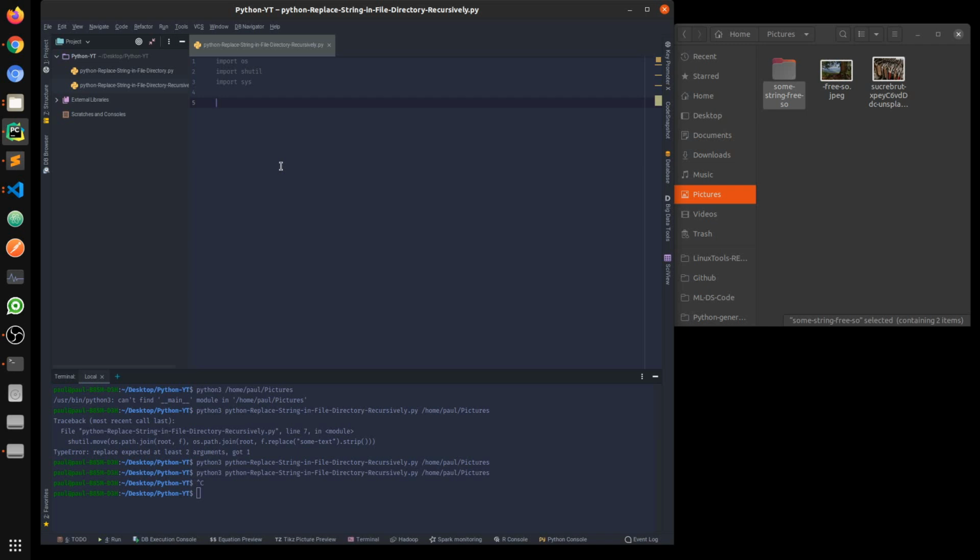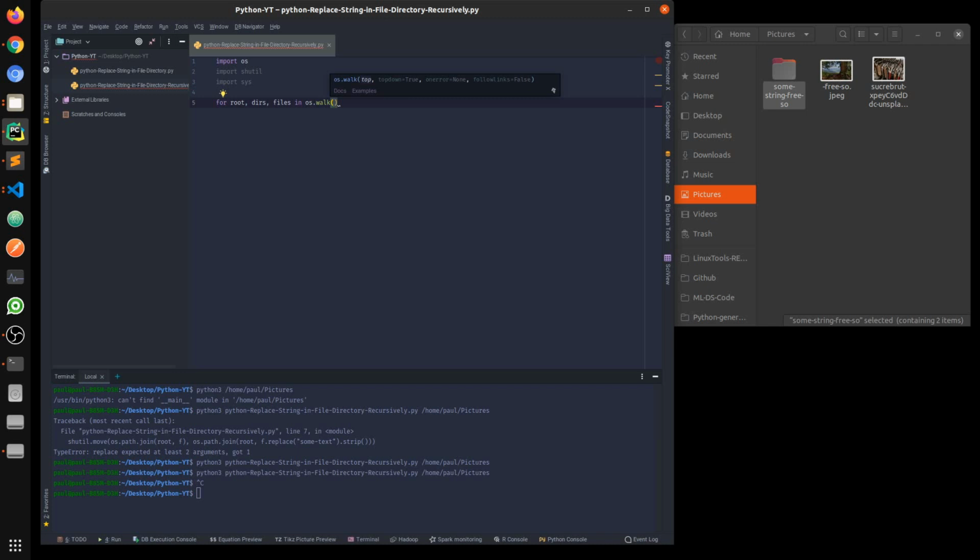For each directory in the tree rooted at directory top, including the top itself, it yields a 3-tuple: dirpath, that is the directory path, dirnames, and filenames. So let's see. For root, dirs, and files